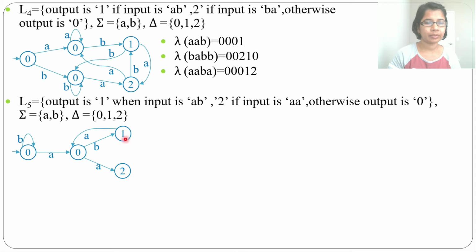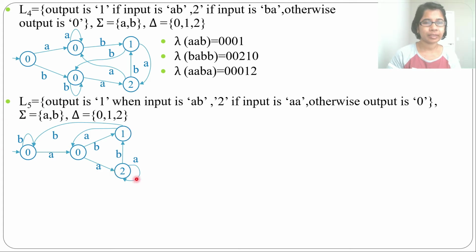Then for B what will we do? For B you can make a transition to the initial state. So after that it can end with AB, like B, then A, B, B, A, like this. Next for this state, here for A what will you do? You can make a self loop of A, as here it is asking, the output will be 2 if the input ends with AA. Here already 2 A's are there, so you can make a self loop. Any number of A, the output will be 2. Then for B where will it go? Already one A is there, so A, B, it can go to this state with output 1. So it will end with AB.